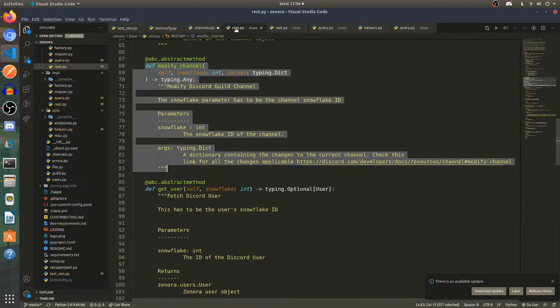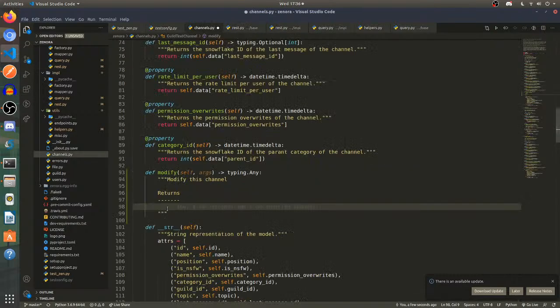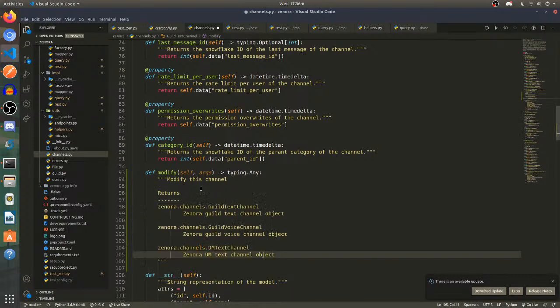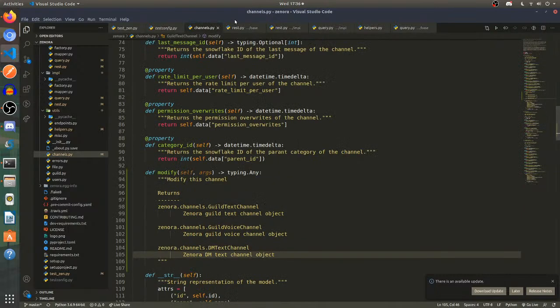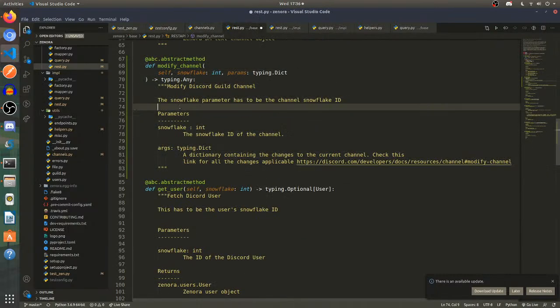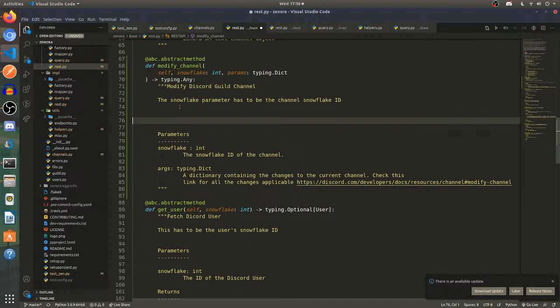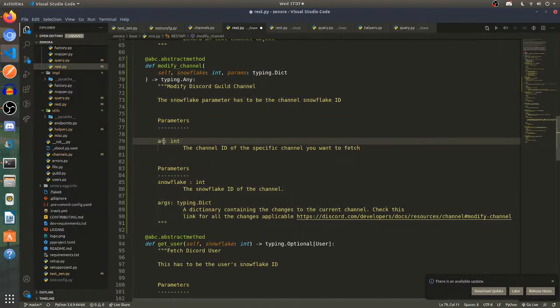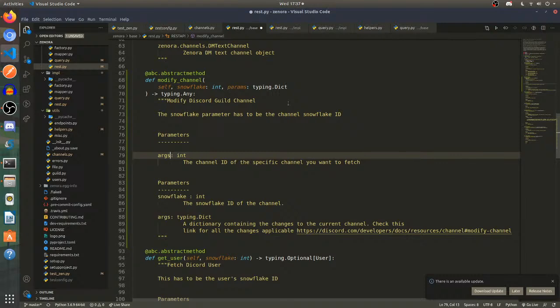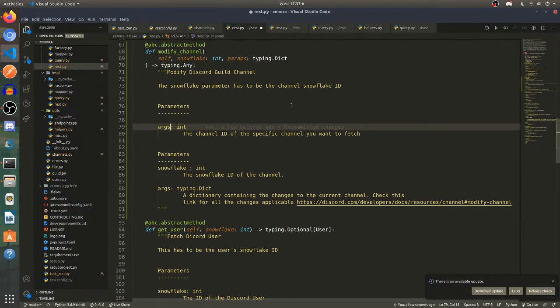I'm sorry about that. For this over here, we also need parameters, and this should be the args, which is, oh sorry, args, and let's go to the, oh, why is it the modified channel?